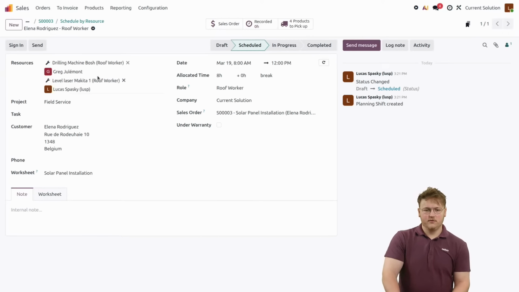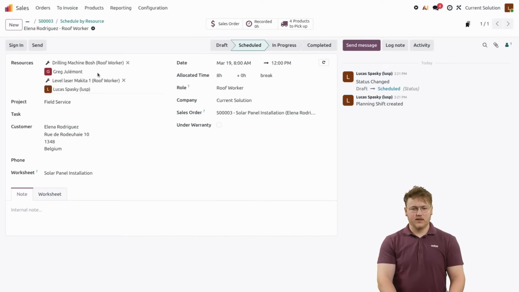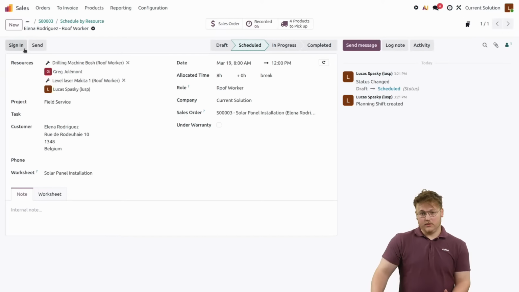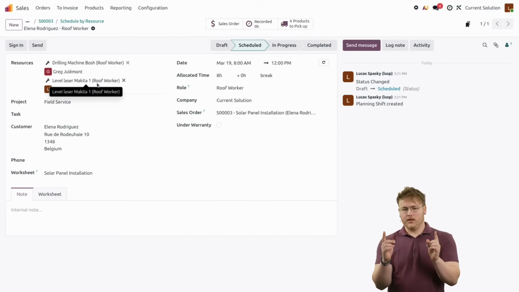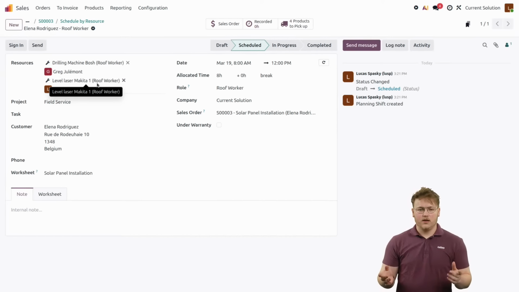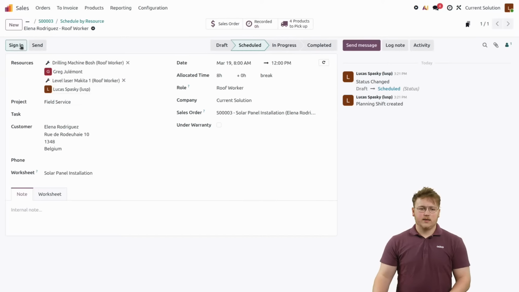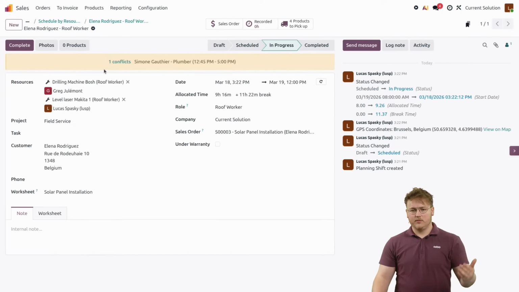If we have 2 resources assigned to this shift, only one of them will be signing in, and only one of them will be completing the shift as well. The time that will be recorded is basically the time between the sign in and the complete, like it was for the first use case, times the number of resources. So in this case, I sign in, it takes me 10 minutes, then it will be 10 times 2 because